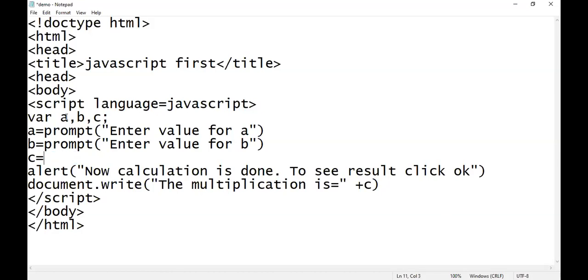Now I am using this A, and here I am entering the value of A as a string.